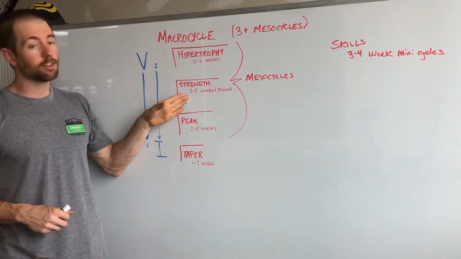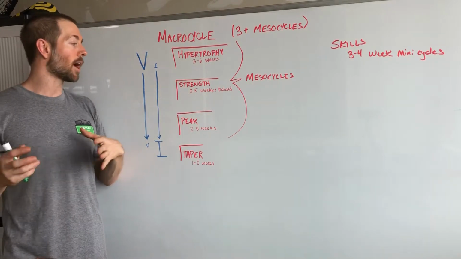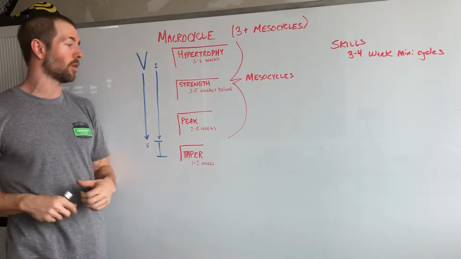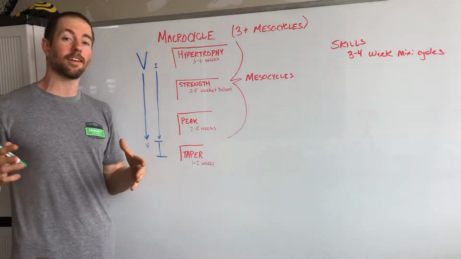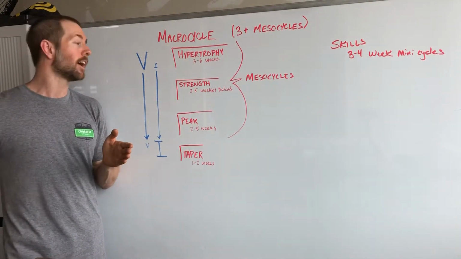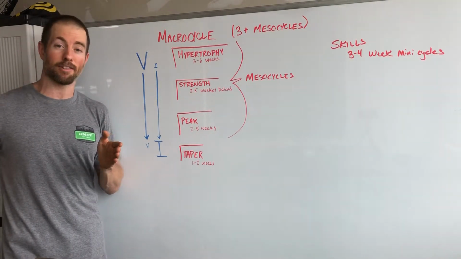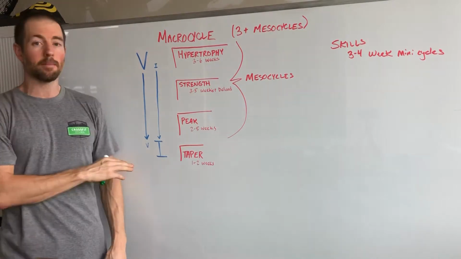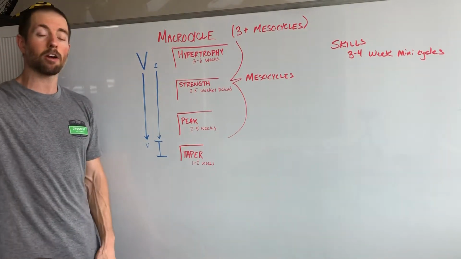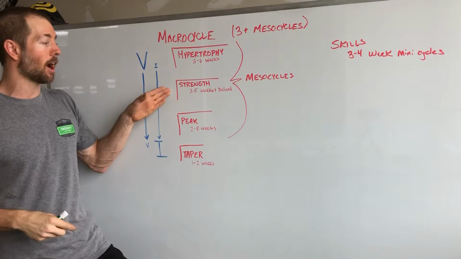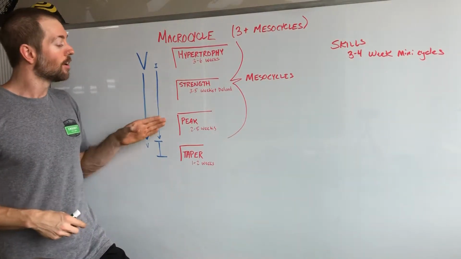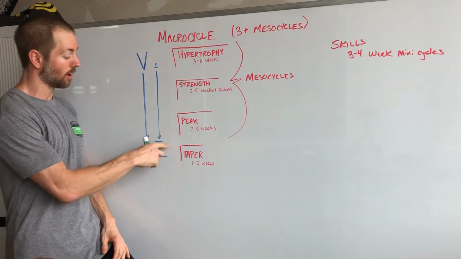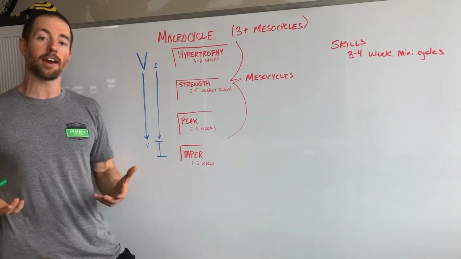So our strength phases, now we're looking at reps of 3s to 6s, 3 to 8, somewhere in there. And our intensities are going to be in that 65, and we're kind of moving up into that 85, 90% range. So like I said, the volume is going to be coming down a little bit, but the amount of weight we're doing is going to be coming up as we go through our strength phases. Then in our peaking phases, typically this is when we're maxing out our intensity. So this is when we're going to find all of our maxes.